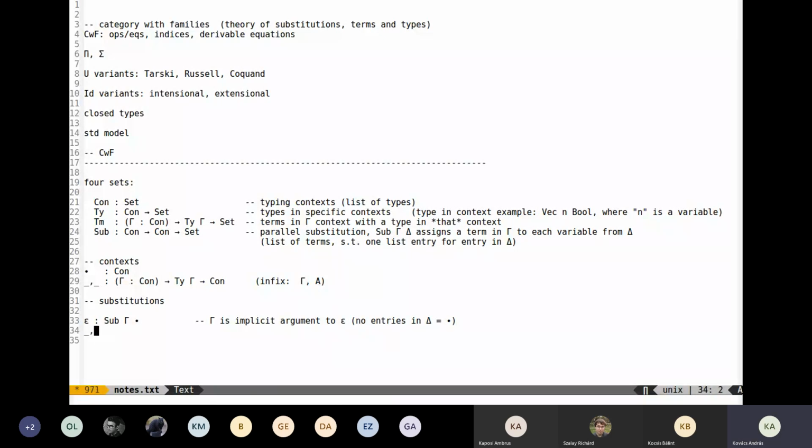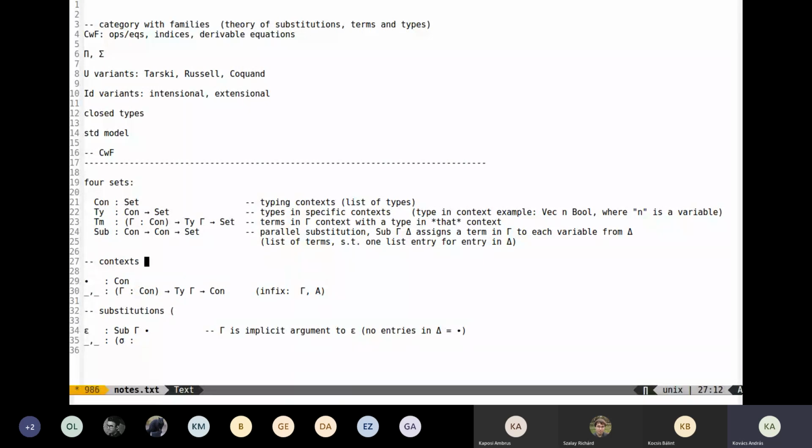And likewise, when we have an extended substitution, then the extended substitution is going to return in a non-empty context. Let's just write it out. So if we have a sigma, and this is